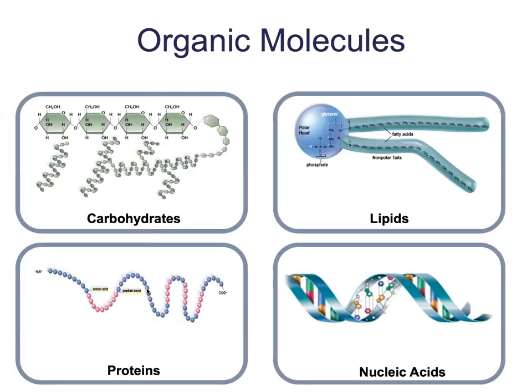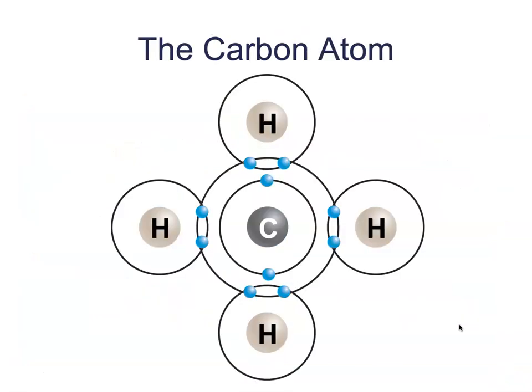So here I have a diagram that shows the different structures. We have our carbohydrates over here, our lipids, proteins, and nucleic acids, and we're going to spend quite a bit of time going over each one of these categories. But before we get into each of these categories, we're going to start off by talking about the carbon atom. The reason we're talking about the carbon atom is because it is going to be found in every single one of these categories. And there are so many fascinating, interesting things about the atom of carbon in particular that allow for these